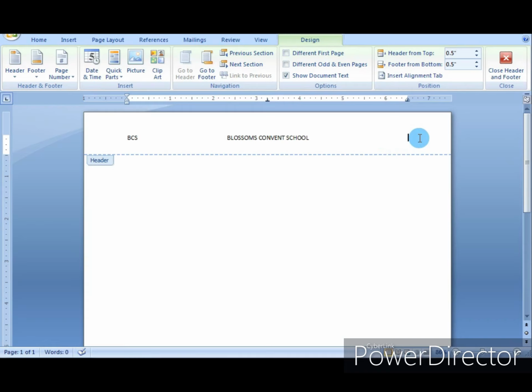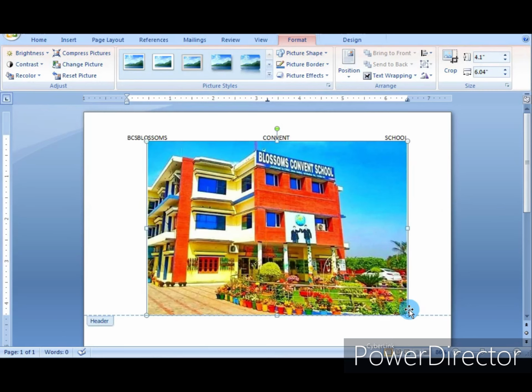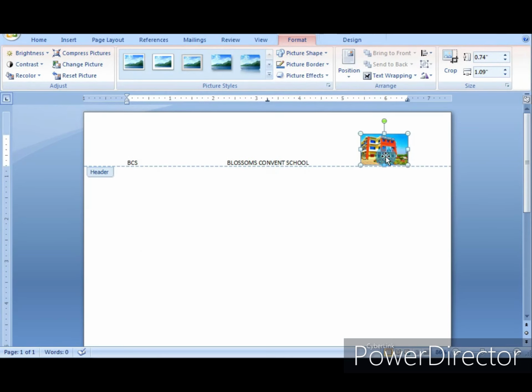So how to add picture? To add the picture, click on the picture option. Now you can see here the picture of the school. Drag it to minimize the size of the picture.